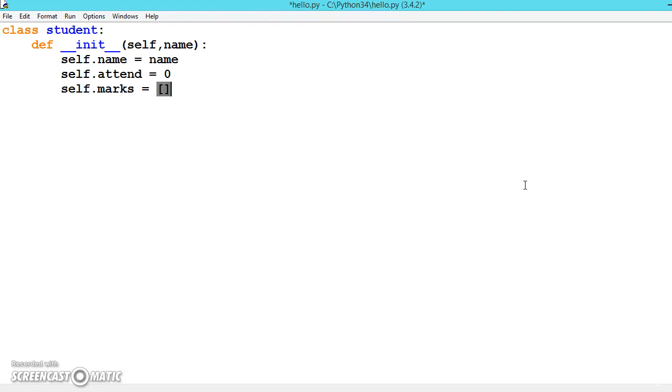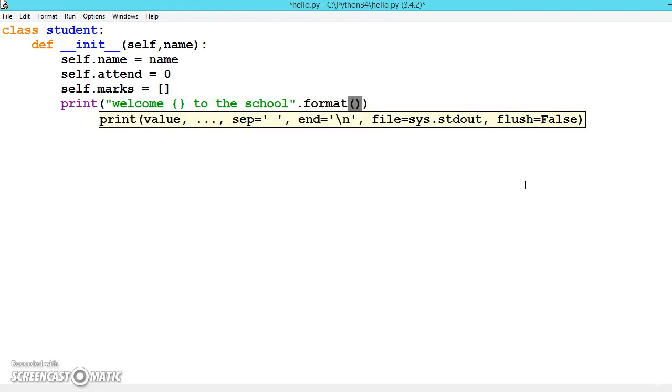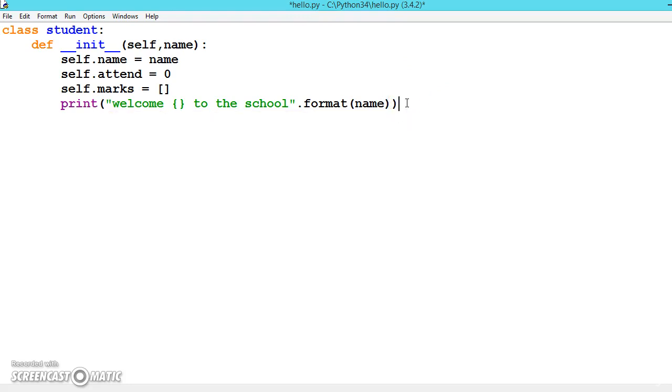We are giving empty list, and print welcome, let us say anything, to the school, and dot format, and inside that name or self dot name, both are same because we have initialized. Now we can give it as name. And so now let us see, first execute it